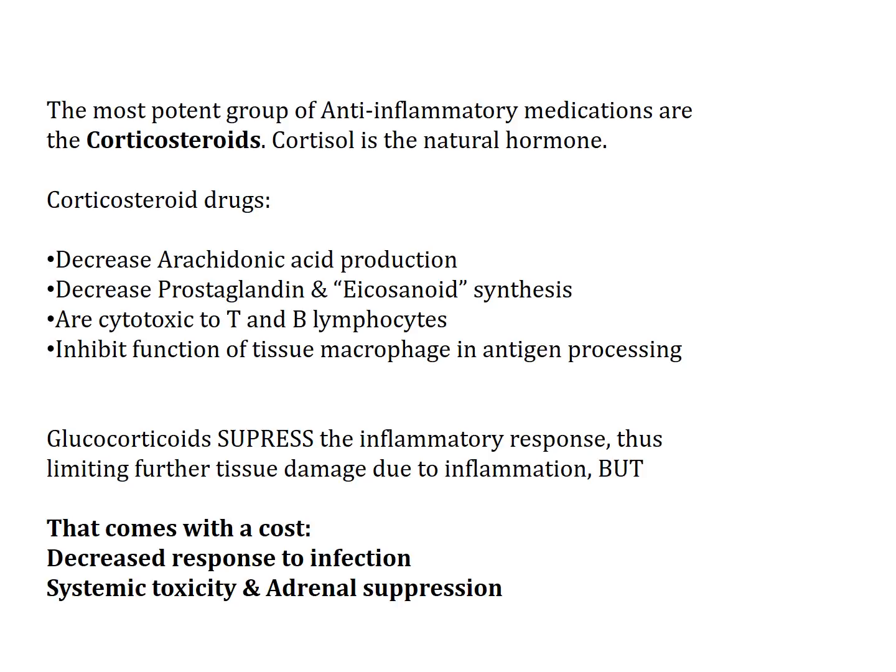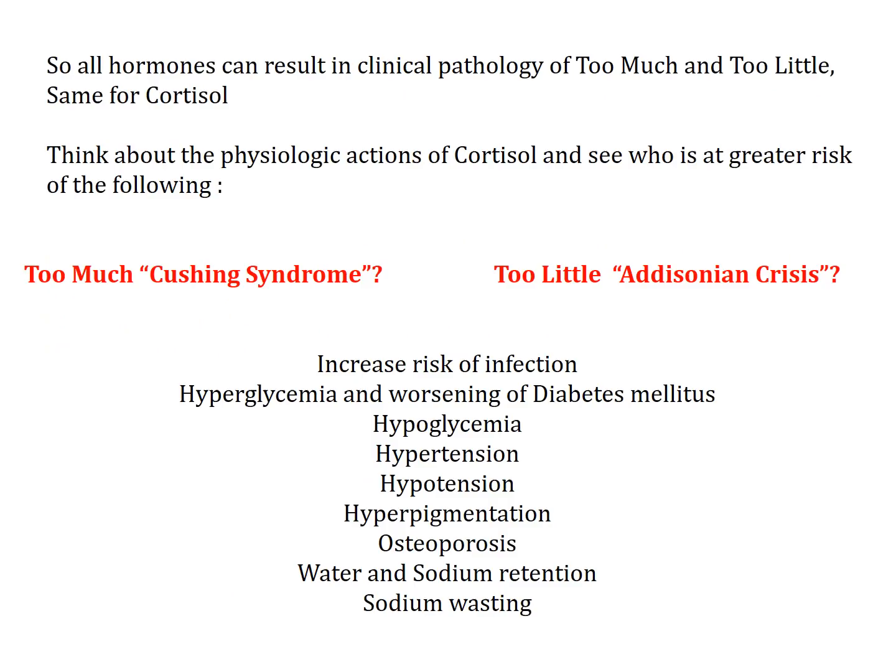So we've got to talk about what's the effect of too much cortisol and what's the effect of too little cortisol, right? Because endocrinology is all about too much and too little. Too much we refer to as Cushing's, and too little we refer to as Addison's. Now we can say hypercortisol and hypocortisol as well, just like we say hyperthyroid and hypothyroid, but in terms of endocrine, they more commonly refer to this as Cushing's or Addison's.